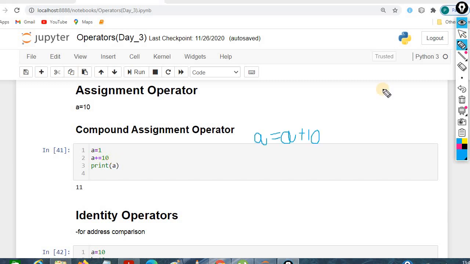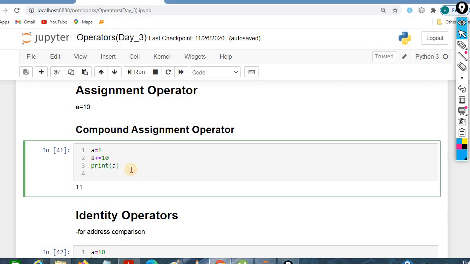Here a plus equal to 10 is equivalent to a equal to a plus 10, so we can write it in compound form as well. That's the difference between the simple assignment operator and the compound assignment operator. The result for this would be 11.